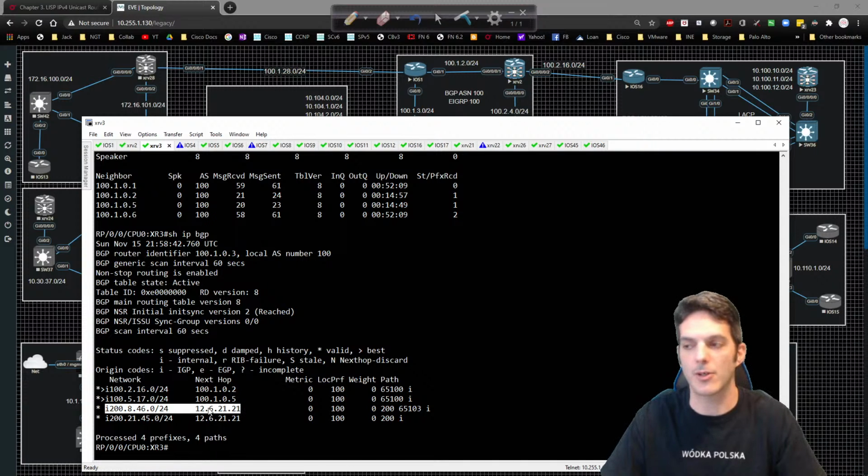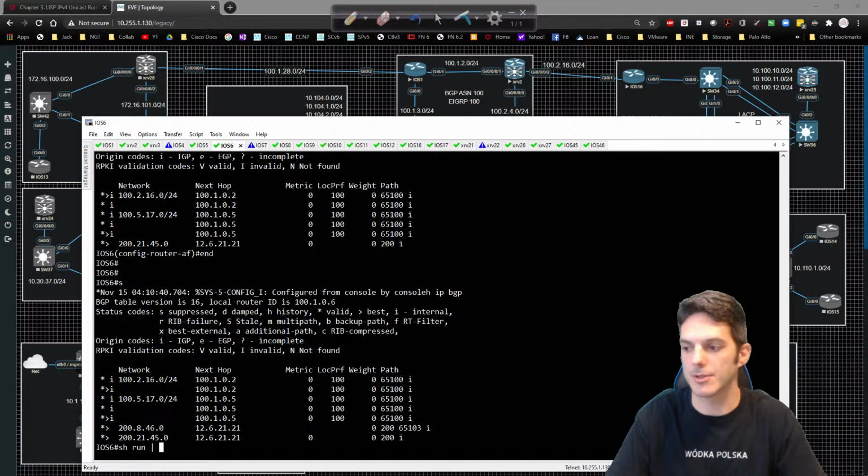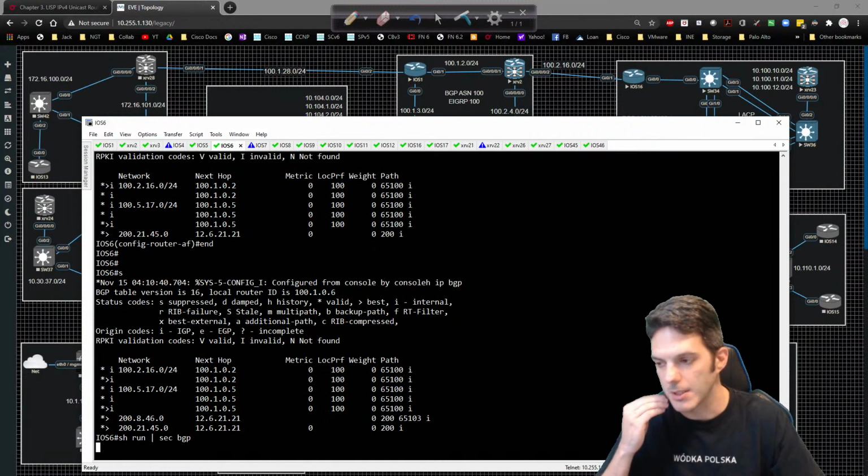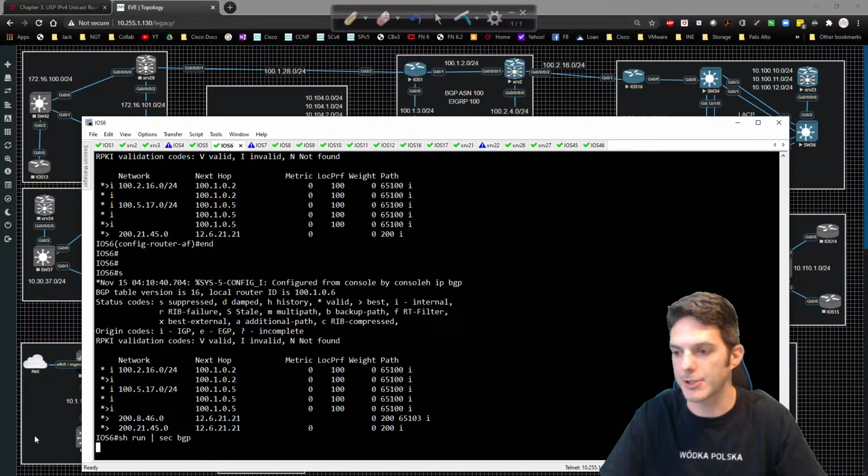It doesn't know how to, XR3 doesn't know how to reach that particular next hop. So all we have to do is back on 6, show run section BGP. I'm pretty sure that on the peering to that connection,